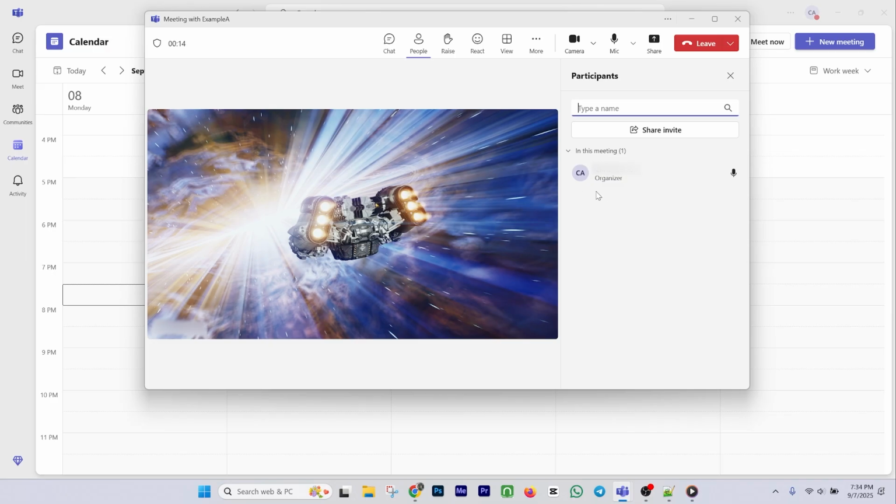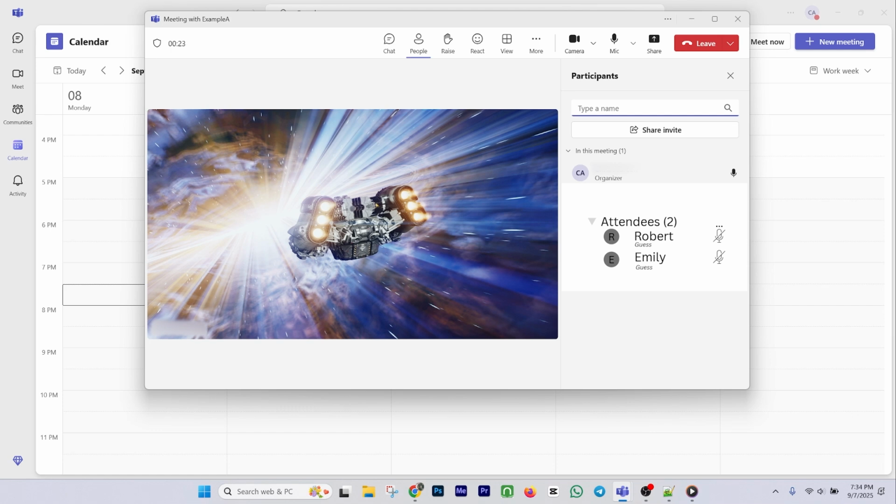If you're hosting a meeting on your own for now, it may appear empty under your name. But not to worry. In an actual meeting, this area will populate with all your participants, categorized under the heading Attendees. Once attendees are present, scroll through the list to locate the name of the individual you want to promote